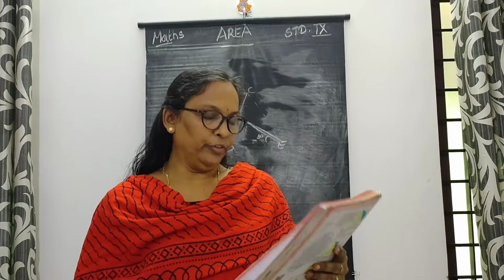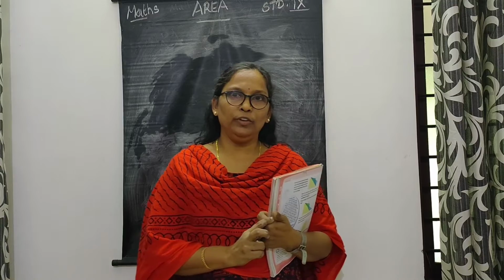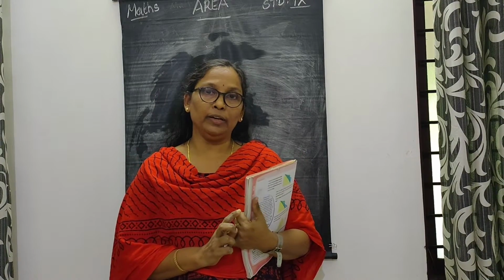Now we can do the next question, third question. So all of you take your geometry box. Then we can draw that figure together. Are you ready? Yes. The question, draw a regular pentagon and then a triangle of the same area. Calculate the area. So we have to draw a pentagon first.